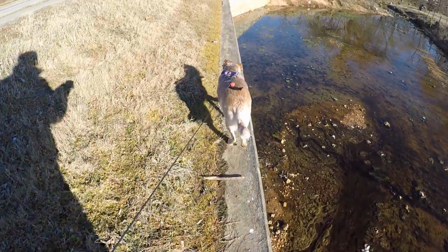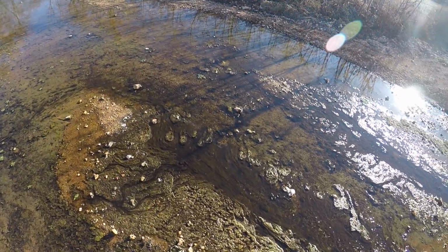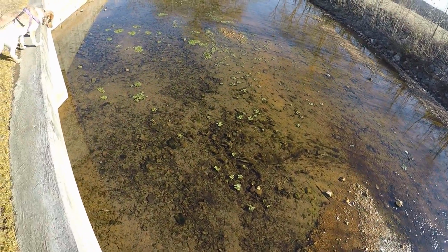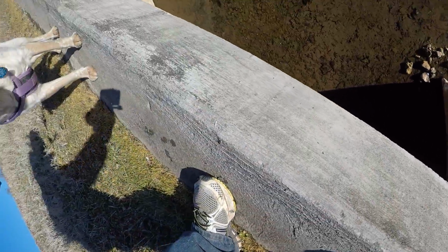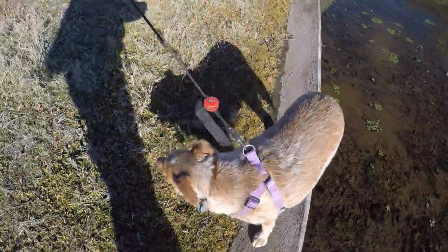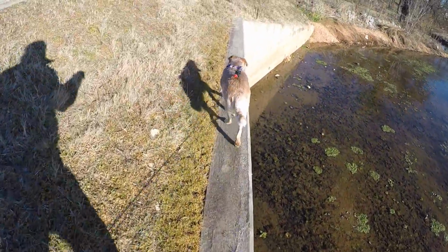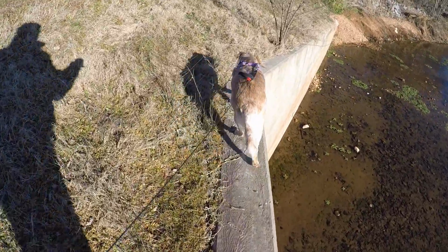Careful, careful baby. This is where we stopped on the end of the first video. It's actually quite a pretty place. I didn't see it from this angle before. We were down in these tunnels when we stopped. She really likes walking on that stuff like that. I'm not quite sure why. Reminds me of those